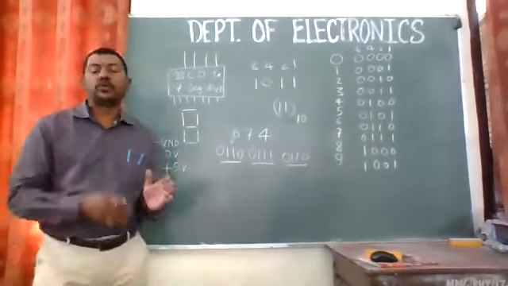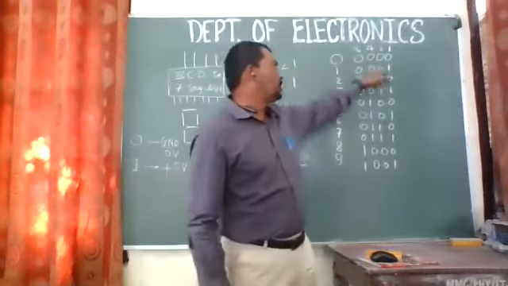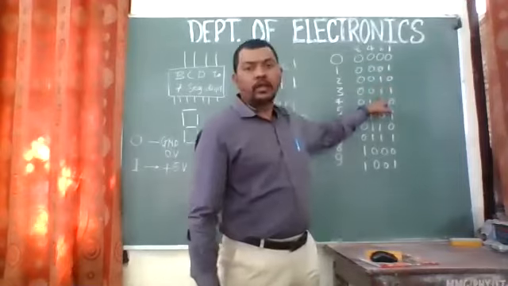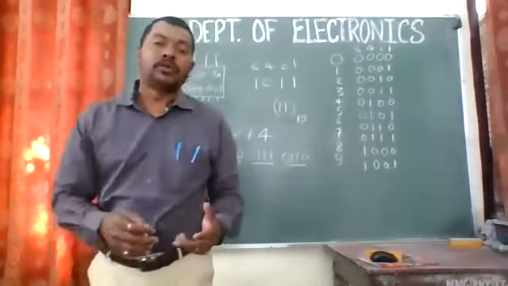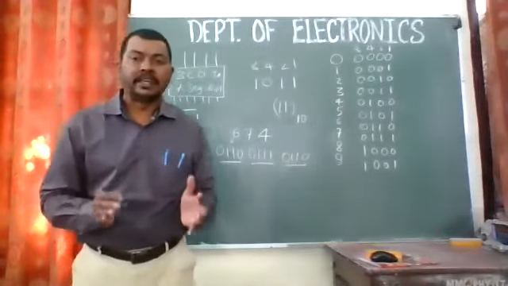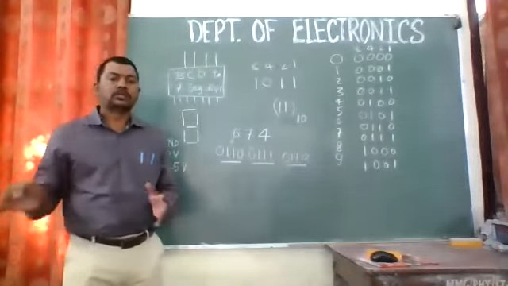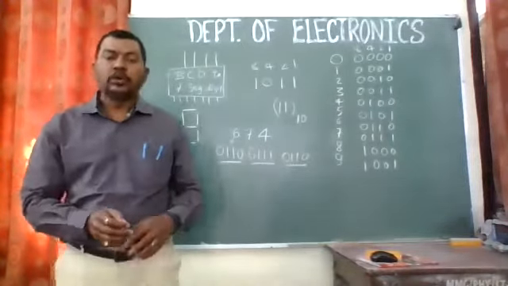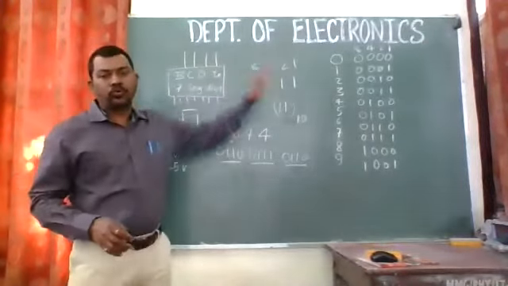In logic gates, we are going to use the same pattern, 0 0, 0 1, 1 0 and 1 1, the maximum combinations of input that can be given to a logic gate, right? This is all in the pipeline, but today we are concerned with just this